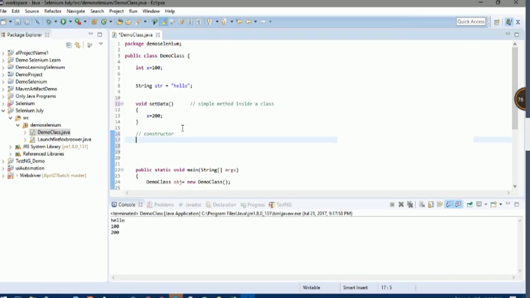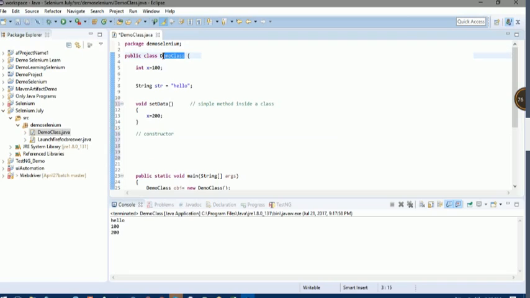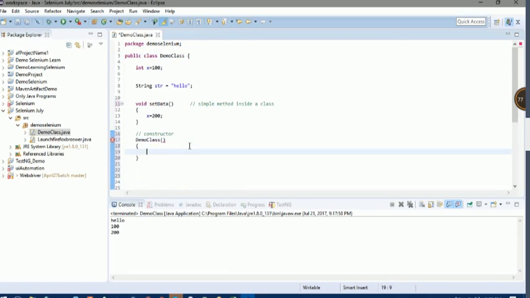Parenthesis open, then curly bracket open and close. And inside the constructor, you can write whatever code you want. Normally we put the initializer code there, whatever values we want to initialize, that code is written inside the constructor. But simply here I am typing SYSO, we are inside the